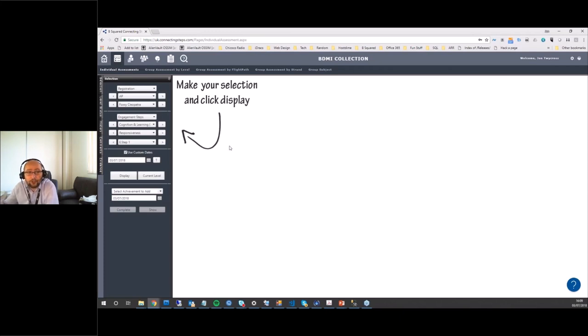There's lots on here. The good news is this sidebar replicates through the system in lots of different places, maybe slightly different iterations of it, but it's pretty much the same. So once you get to grips with how this works, it should help you throughout the system. First things first, the top drop down here tells me